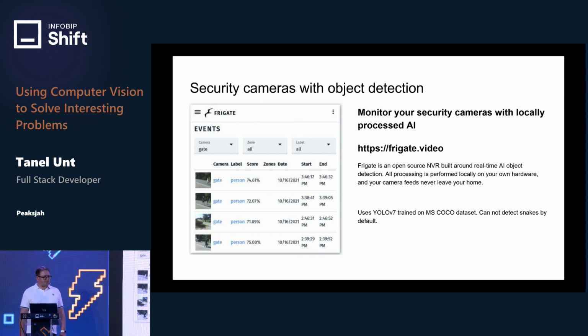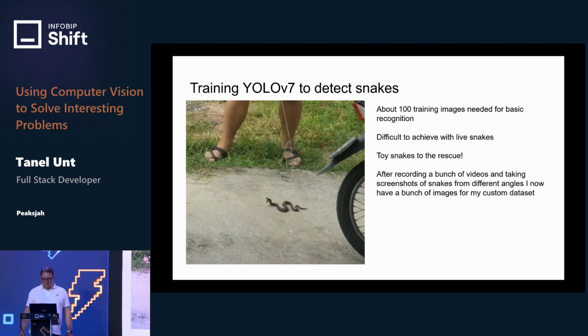So I thought I would try and teach YOLOv7. That's the You Only Look Once library. It's an open source library written in Python that does object recognition, and it does it quite fast. It can be real time, and you can train it with your own dataset. You just need some sample images, around 100 or 200 for a really basic